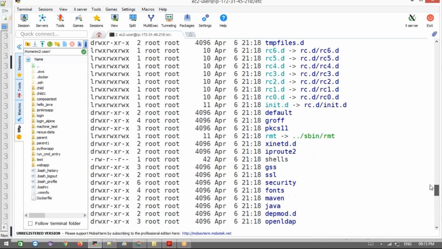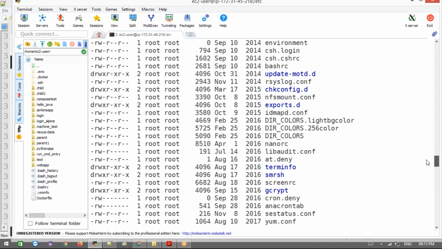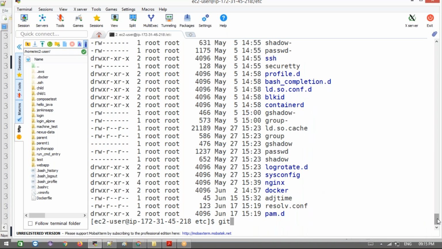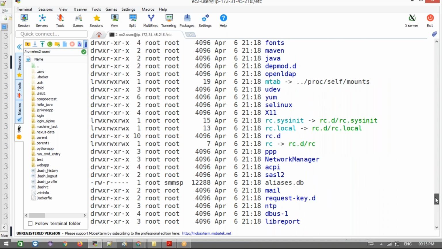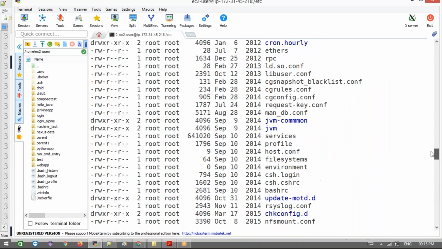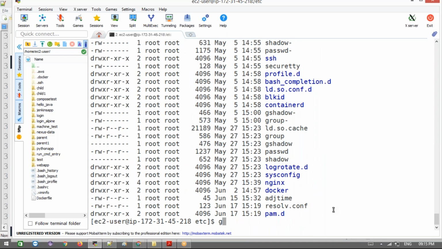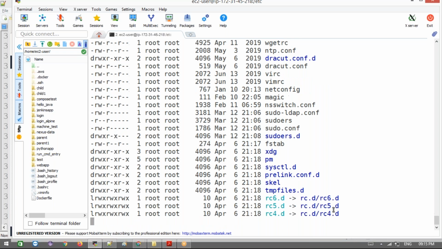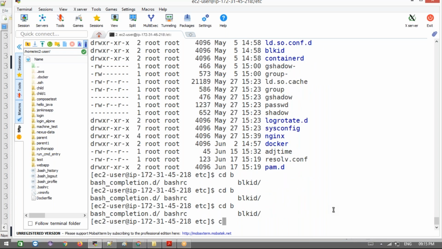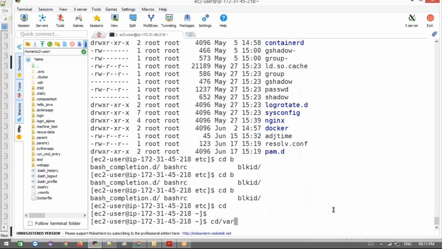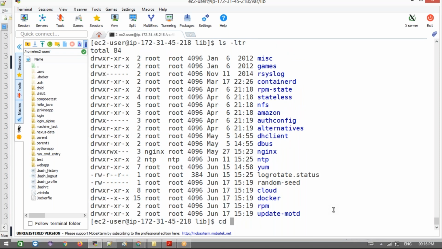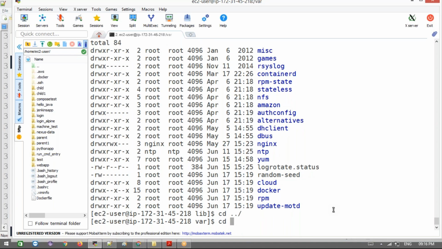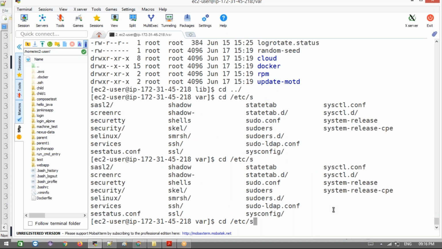Most of the commands will come here. This is the path of that, basically.